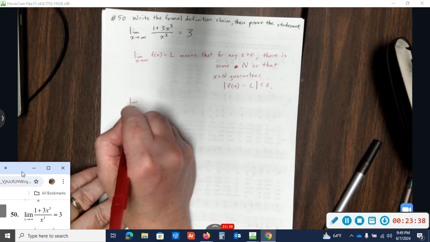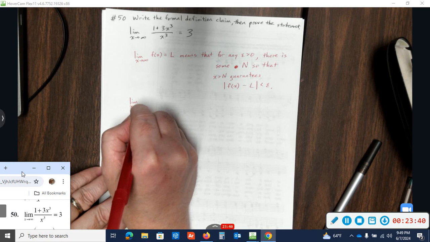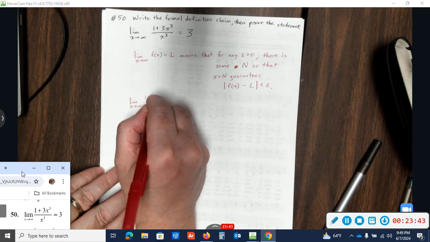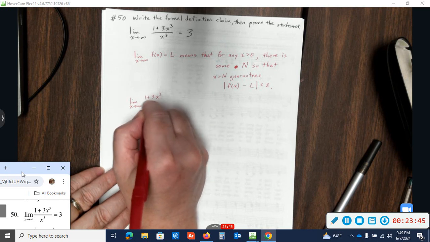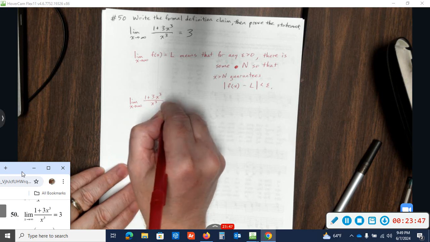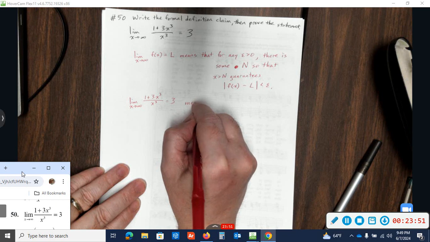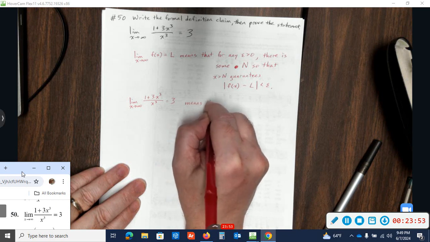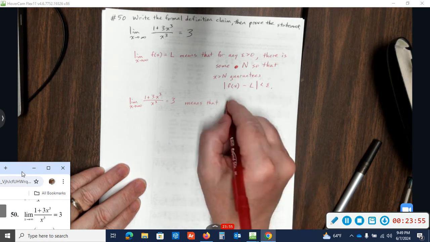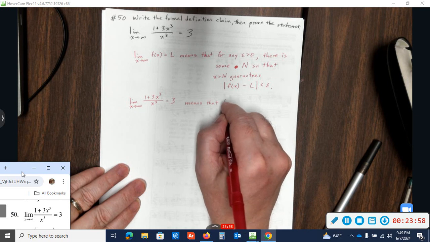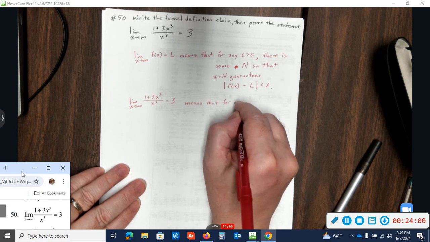The limit as x gets large of 1 plus 3x cubed, divided by x cubed, equals 3, means that no matter what epsilon you pick, positive,